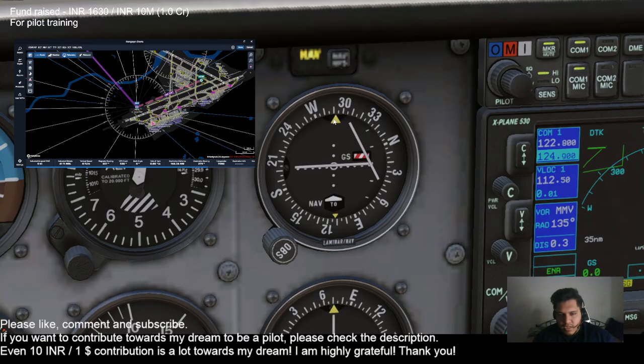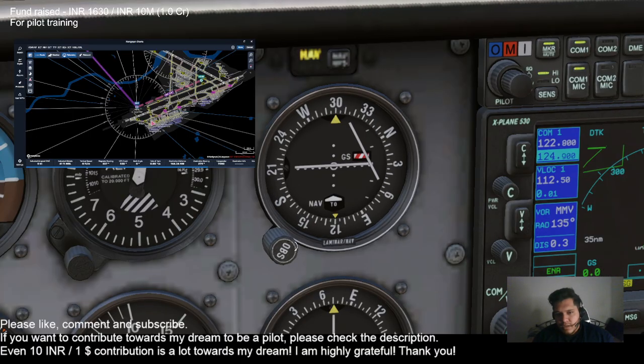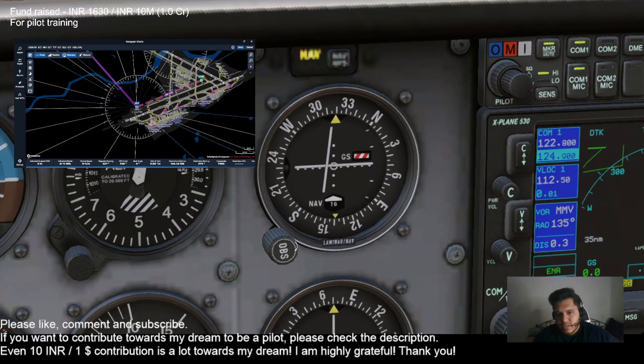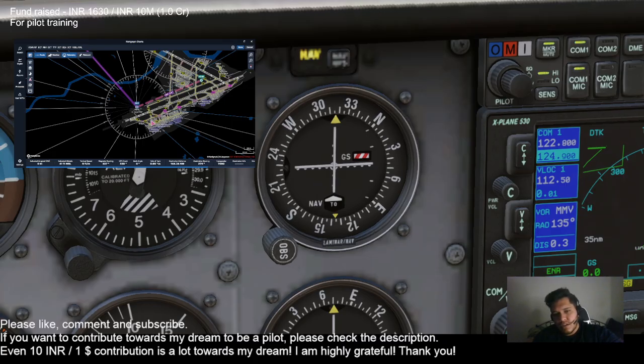So it is at 290. Okay, so we have to go to 300. This is 310, and this is 320. See the needle is moving. So if I go to 300 like this, now you can see the needle is almost